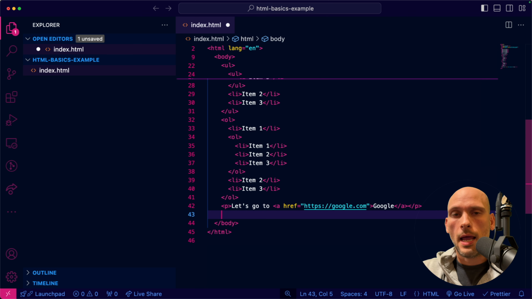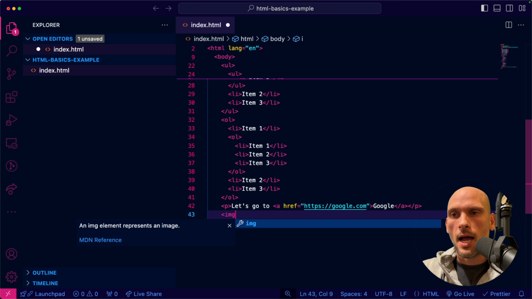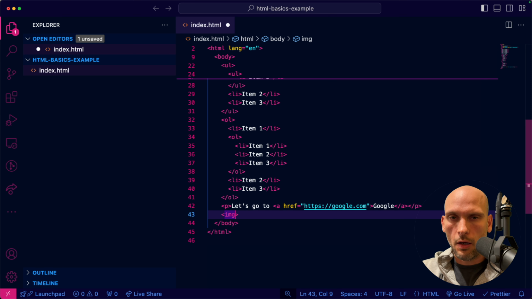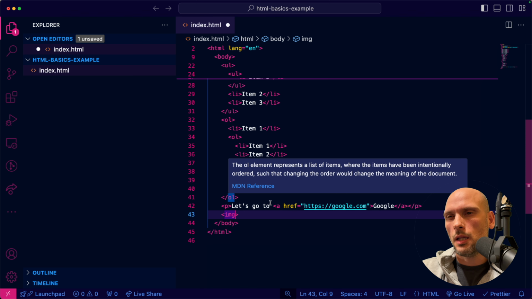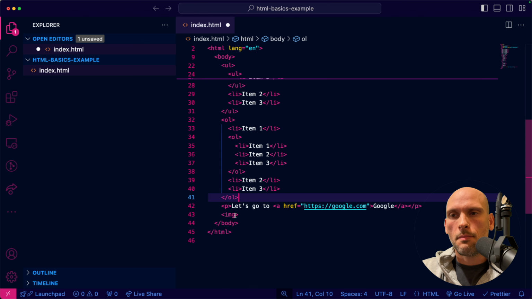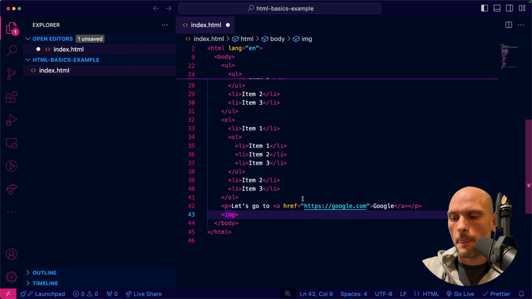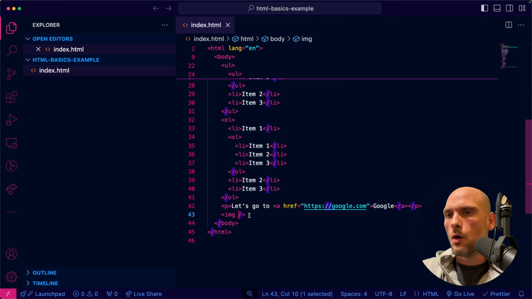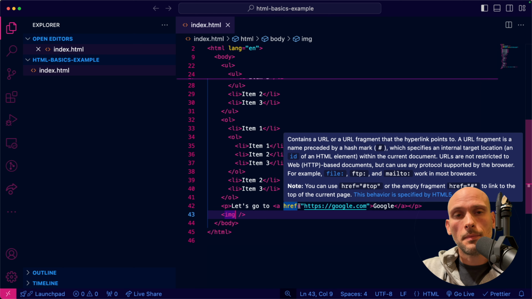Another very common and one of the basic tags that you should know is going to be your image tag. And your image tag is IMG, and that is a self-closing tag. And there are elements in HTML that you don't need an opening and closing tag for. There are elements that you need opening and closing tags. I feel like I should have probably mentioned this a little bit earlier. I kind of missed that, but I want to mention that now. That a self-closing tag, like an image, you can just put the slash here. I don't really know if you need the slash anymore. That might be a thing of the past, but I still like to do it. I don't totally know if you need that slash anymore, but that's something that you can Google